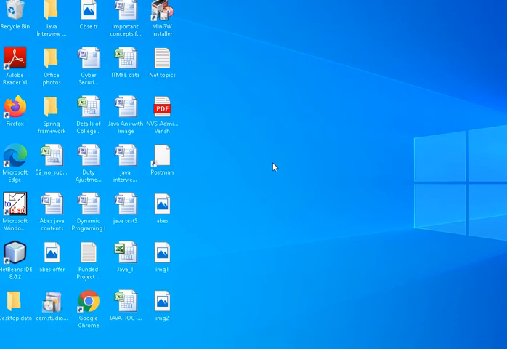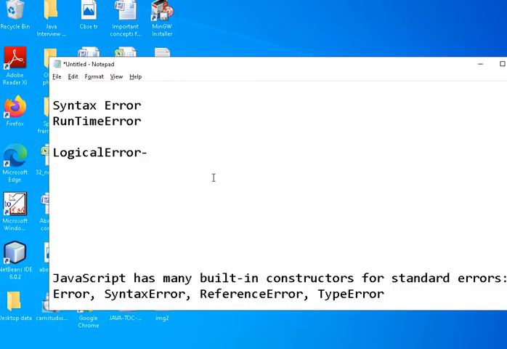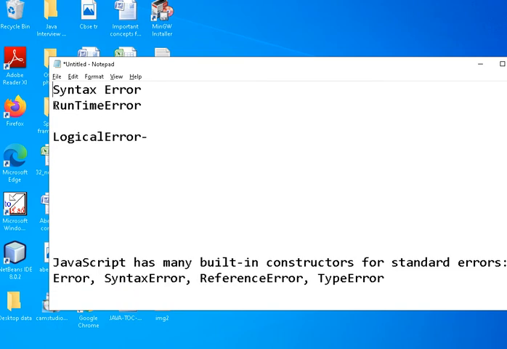Right? So to proceed with error handling in JavaScript, we need to understand the types of errors in JavaScript. Basically there are three types of error in JavaScript. One is the syntax error. Syntax error is not special to JavaScript. Actually in many programming languages, when you use a different way to define a variable that is not part of your compiler,